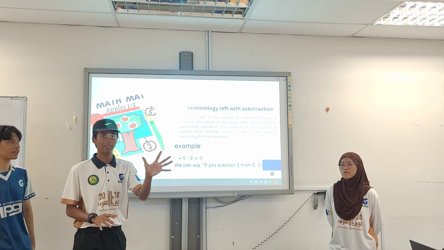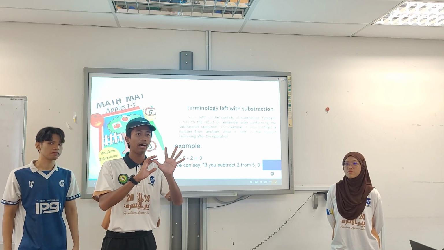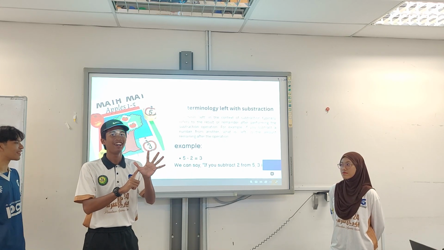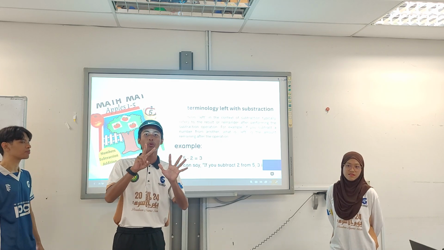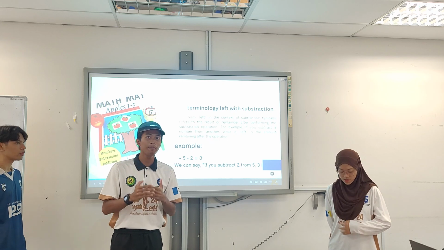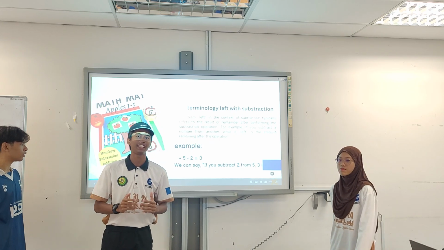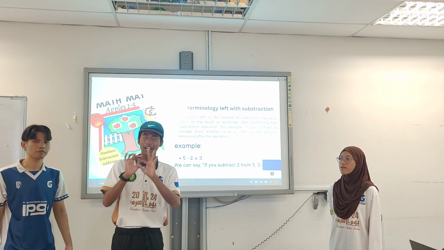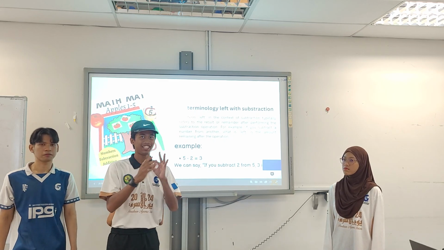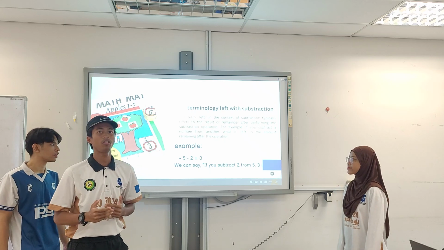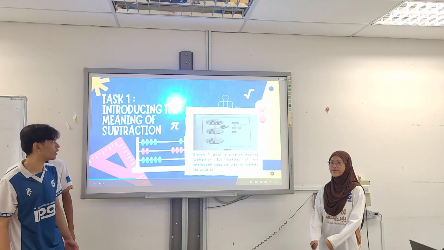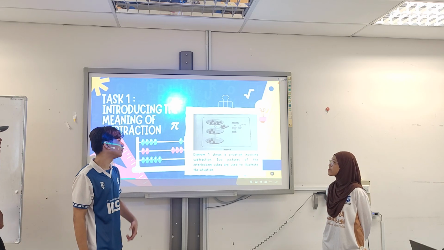We have 5 apples and 2 apples left. Alright. We have 5 apples on the tree and 2 apples left the tree. So we can conclude the terminology "left" with subtraction when 2 apples left the tree. So the answer is 3. That's the terminology "left" with subtraction. So for the next one is